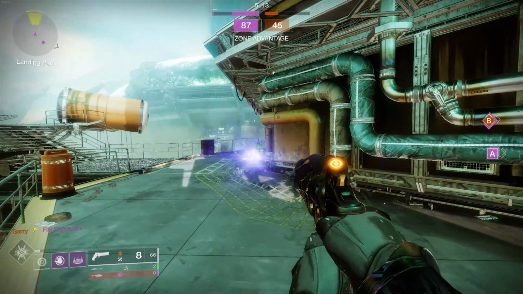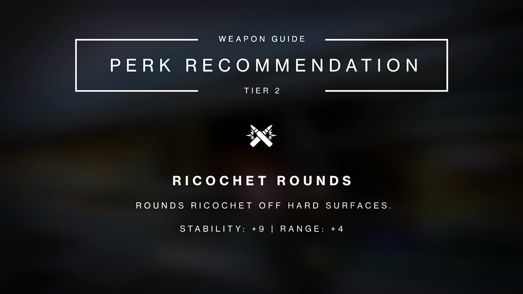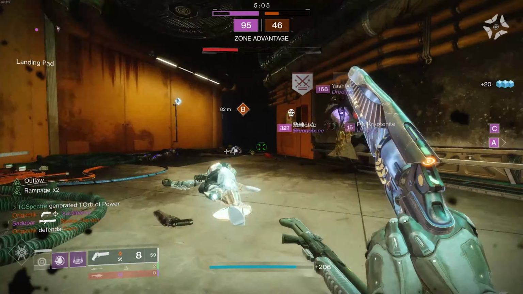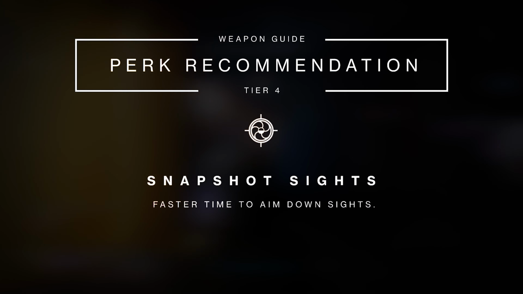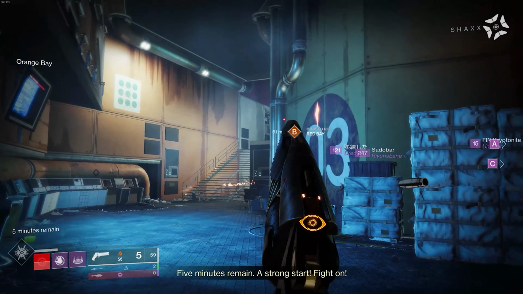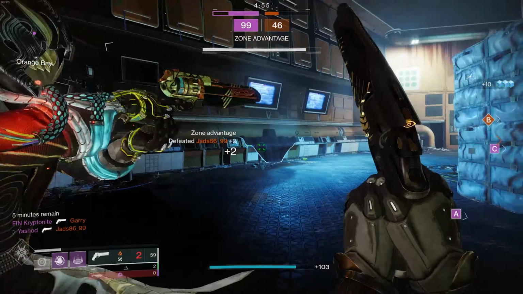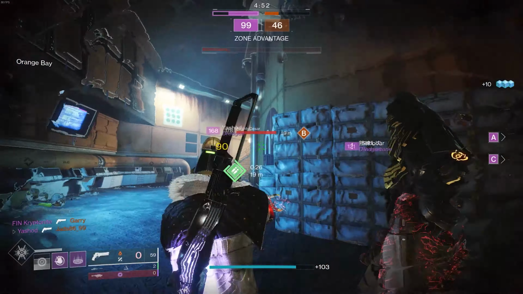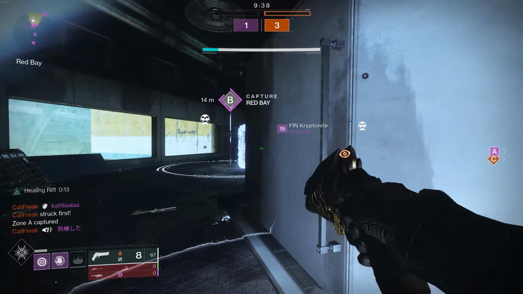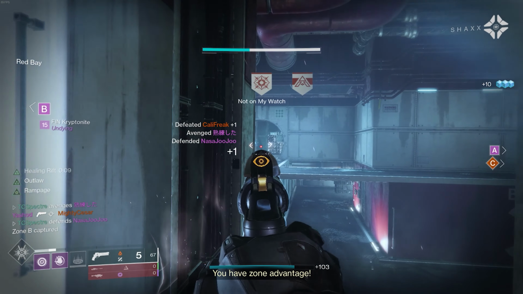So if you want one for PvE, I would highly recommend that you get one with small bore, ricochet rounds, rapid hit and Rampage. As for PvP, the final perk can be either snapshot sights or moving target. I would personally go, since we already selected quick draw, with moving target, since snapshot and quick draw differ in their ADS time, sure, but I feel like the amount of extra ADS you get with snapshot is not worth the investment if you already have quick draw. So in that sense, I would go with quick draw and moving